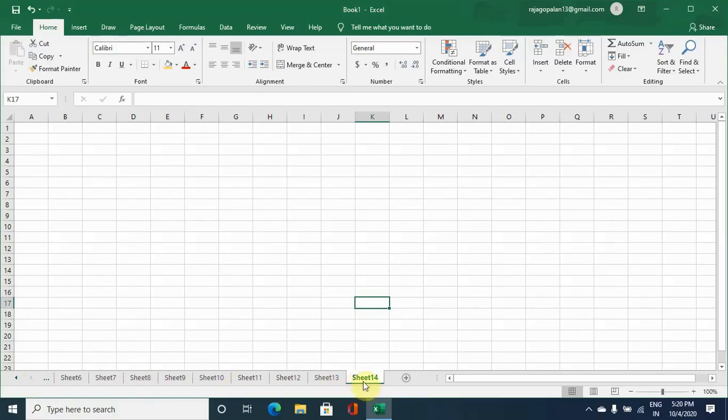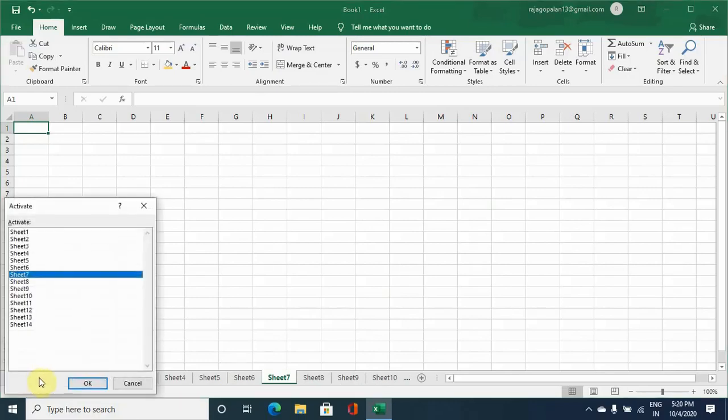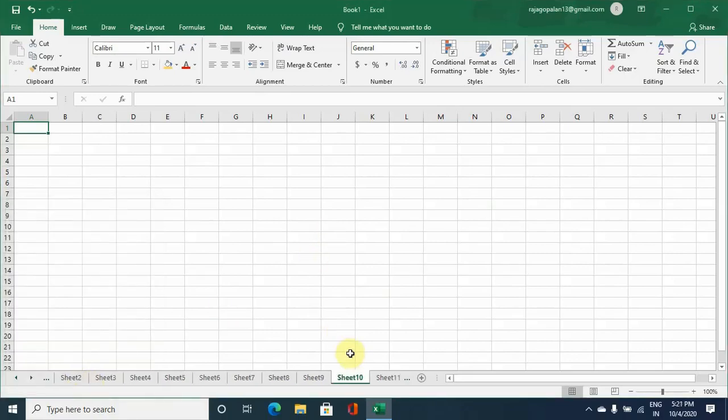So on the whole we have 14 sheets. Now you want to select the 6th sheet or 7th sheet. If it is visible, we can directly select the required sheet, or else you can move the sheets using this option. Or right click in the place where you find your scroller, then the number of sheets available in this workbook can be seen, and you select the required sheet and that sheet will be selected. So that is about selecting the required sheet and moving from one sheet to another.